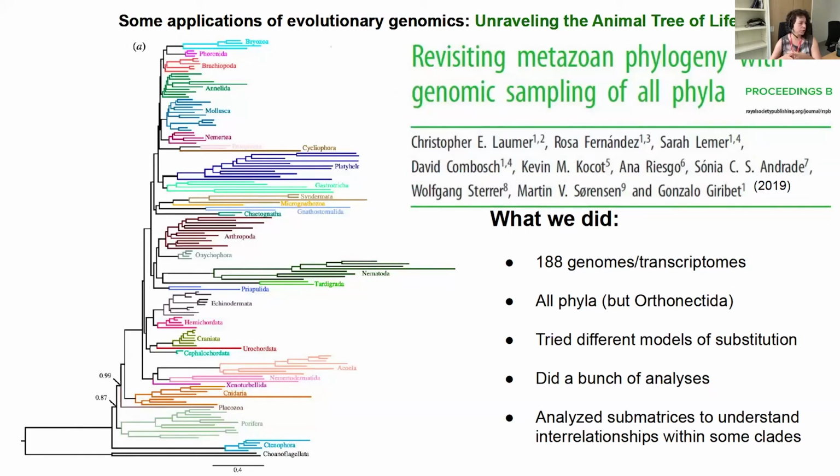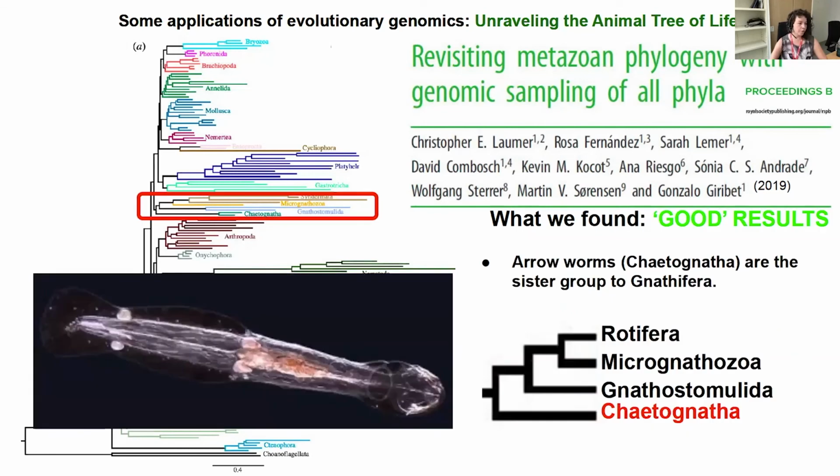And what we did was to create a huge matrix with genomic information. We did a lot of phylogenomic analysis, which is challenging, particularly with this huge amount of information. So we really tried to be exhaustive there. And what we found is, on one side, good results, and on the other, not so good results. So regarding the good results, one of the things that we were